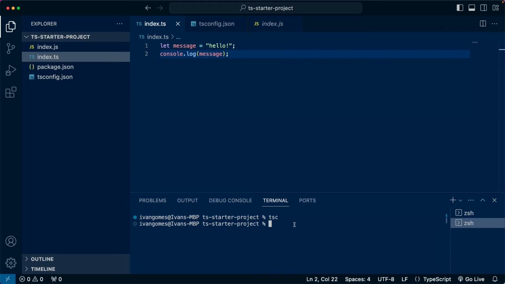And now we can just use Node.js to run this file. So we can type node, then index.js, and we can see the message showing in the console. So this is more or less the workflow that we're going to be using for this section. We're going to write TypeScript code, and then we are going to generate the final JavaScript code and run it